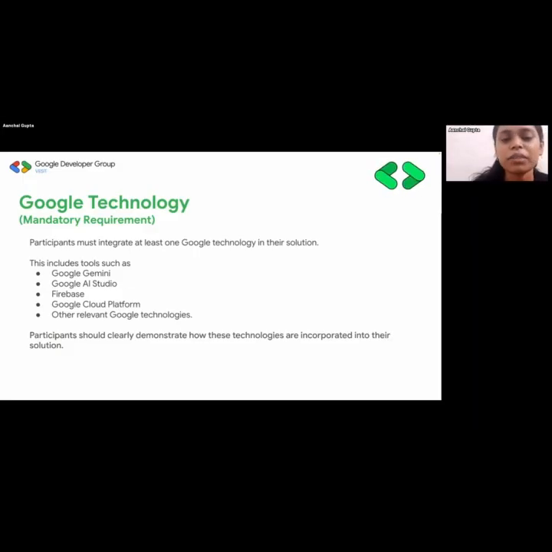And obviously Gemini is one of the best free LLMs that you can use right now. So you're just supposed to go to Google AI Studio and get an API key. It's as easy as that, and then you can start building with it. There is very good documentation around it, so you can follow that as well.